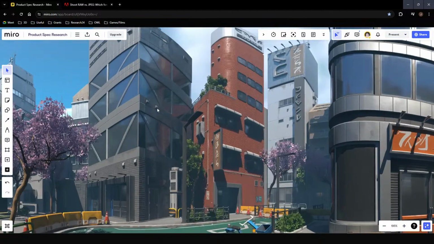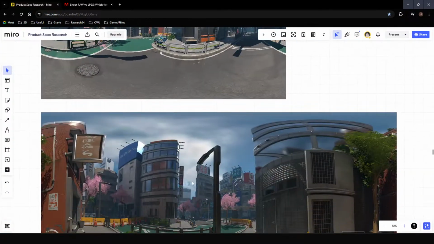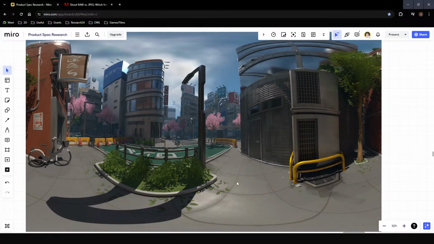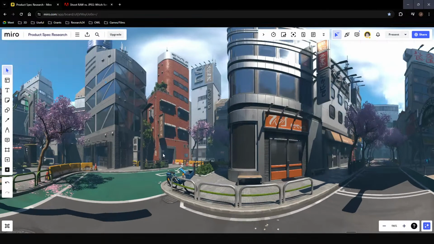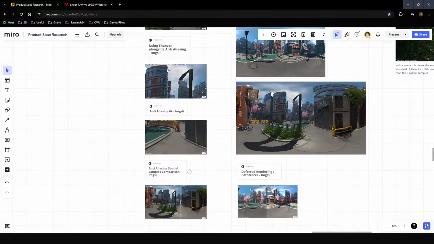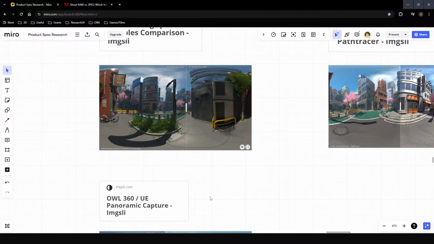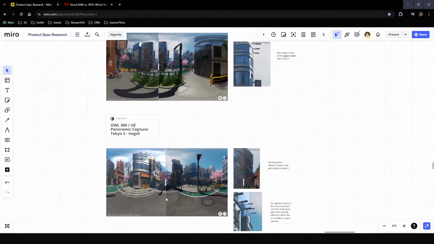But because I was still getting a bit of a reflection seam here, this is all a seam. For one, this angle is totally flawless. There's no seams, but just this angle was causing an issue. I'm pretty sure if I rotated it to look down this alleyway instead, I was getting less of a visible seam. So it's about the angle, if you can cater for shots that work in those areas. But what I ended up doing